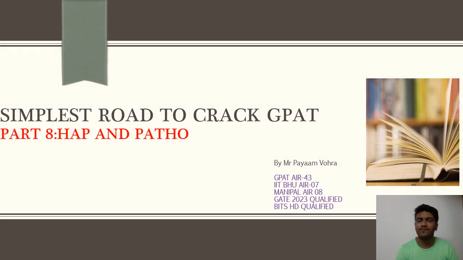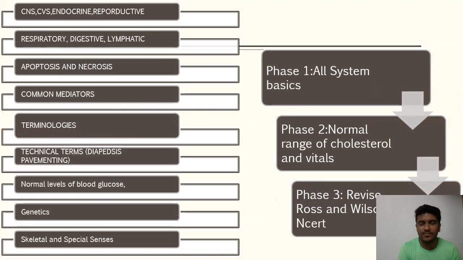Covering the basics, that is the HAP and pathophysiology from your SEM 1 and SEM 2. So let's discuss what is to be done, what is to be prioritized from these two subjects. Firstly, you need to know the basics of these systems, the organs that are associated with this system, and the major function. Like in reproductive, what are the male reproductive and female reproductive organs, the glands, seminal vesicle glands,